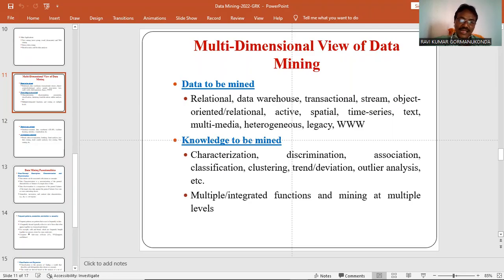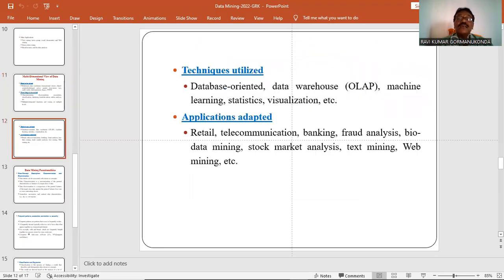If I want a relational database, data warehouse or streaming data, or spatial or time series data, then I apply association rules, clustering, or classification. So it is multiple integrated functions, mining at multiple levels.